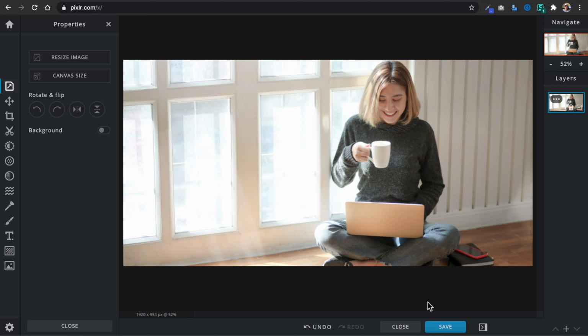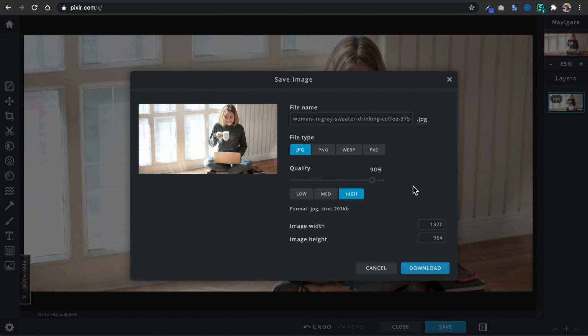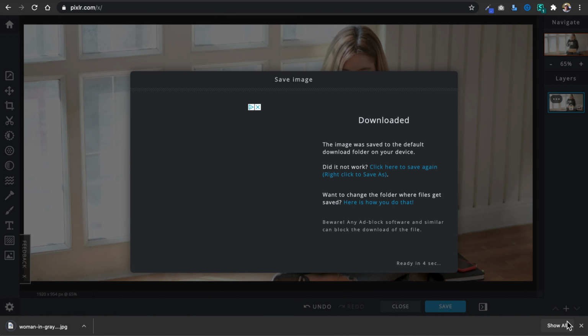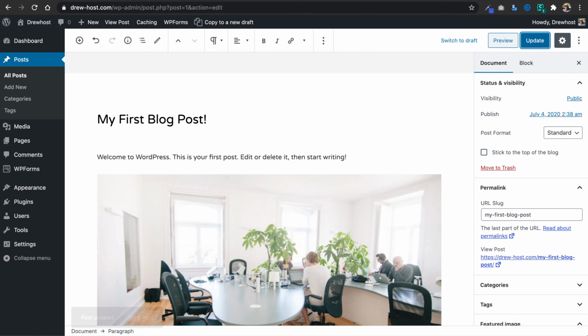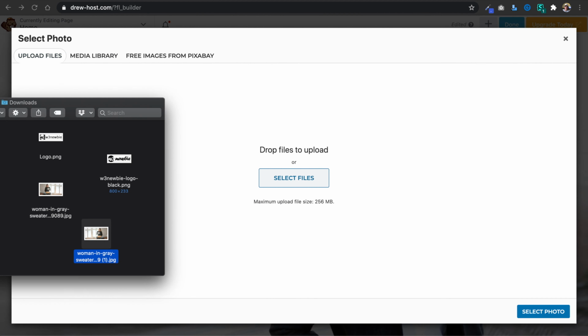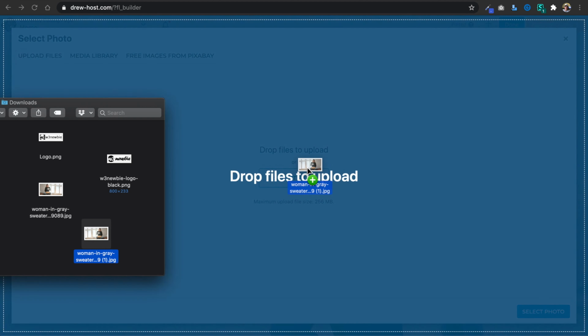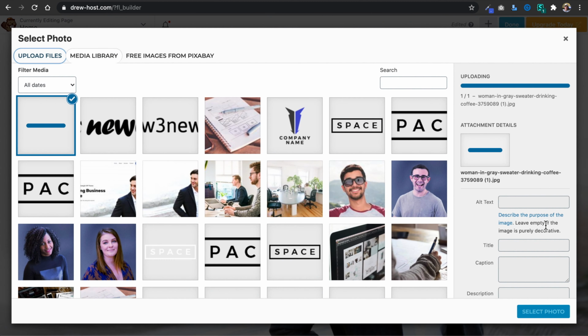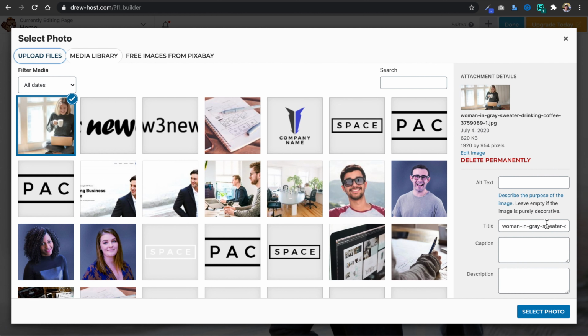So I'll hit save, and then I'm going to increase the quality and download that as a JPG file, which is good when you don't need a transparent background because that's going to be the smallest file type. Also, a quick tip for search engine optimization is to compress your images so they take up less space and there's less load time. And once the image is uploaded, the image file name we could actually optimize for Google